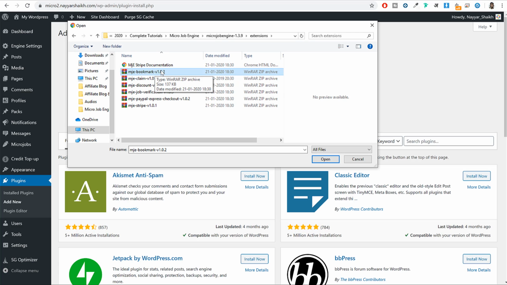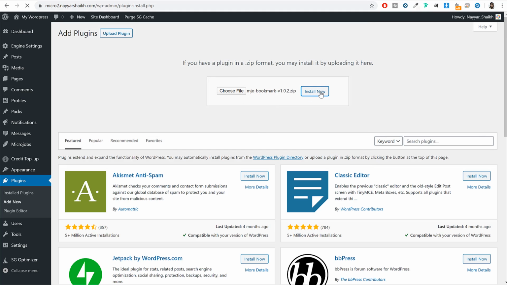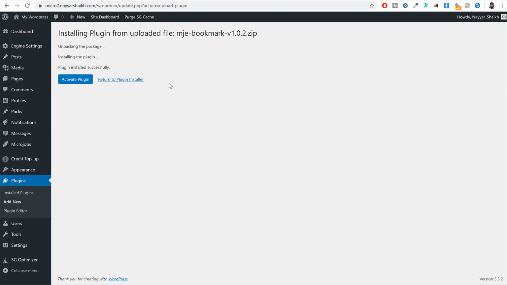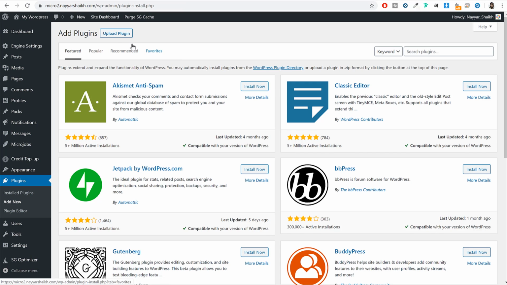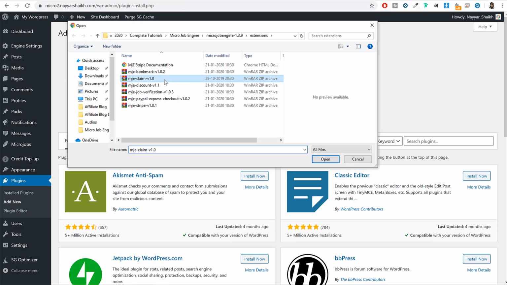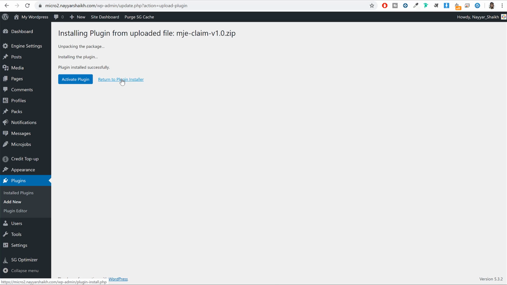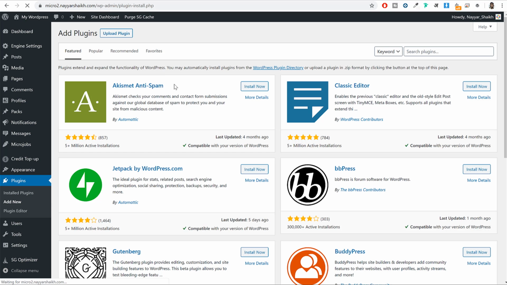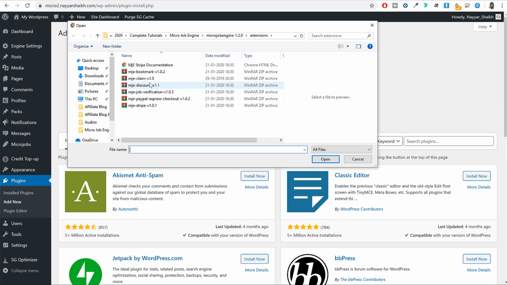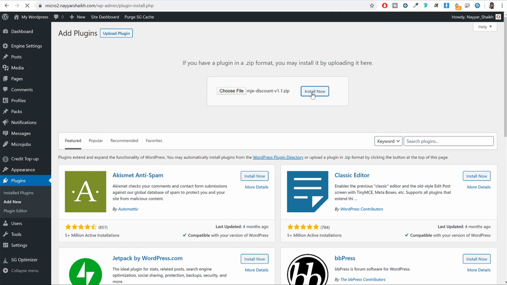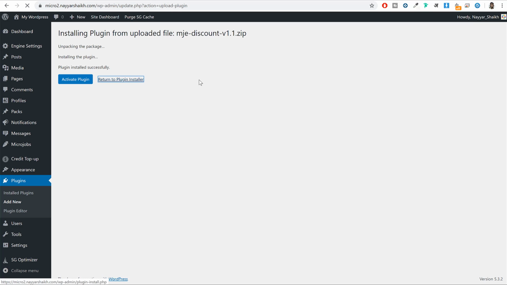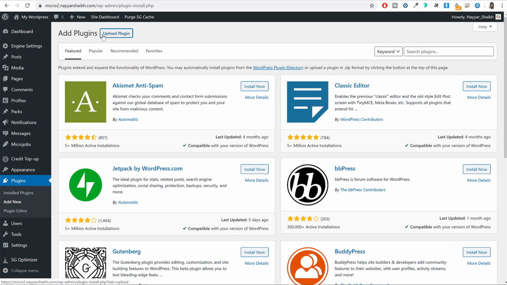Select the first plugin, bookmark plugin, click on open, click on install now. Now I won't activate this plugin right now. I'll just install all the plugins and later on we'll activate all the plugins at once. So instead of activate plugin right now, I'll click on return to plugin installer. Now I'll upload the next extension, which is this claim extension. Again click on return to plugin installer. Let's install the third extension, discount extension. Again come back to plugin installer, upload the fourth plugin,